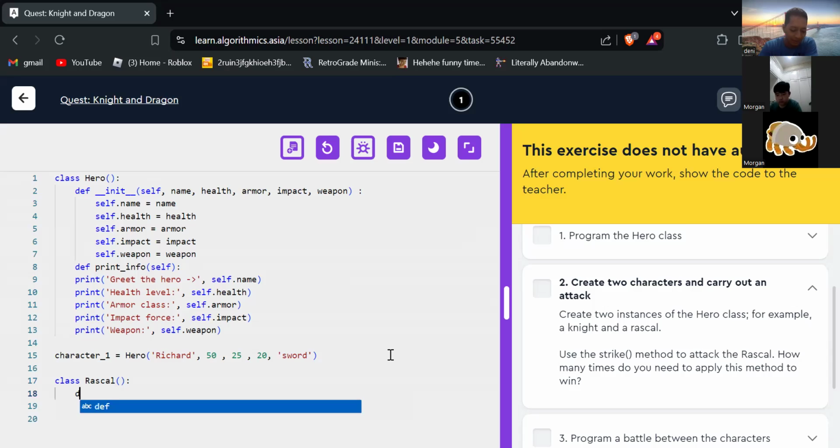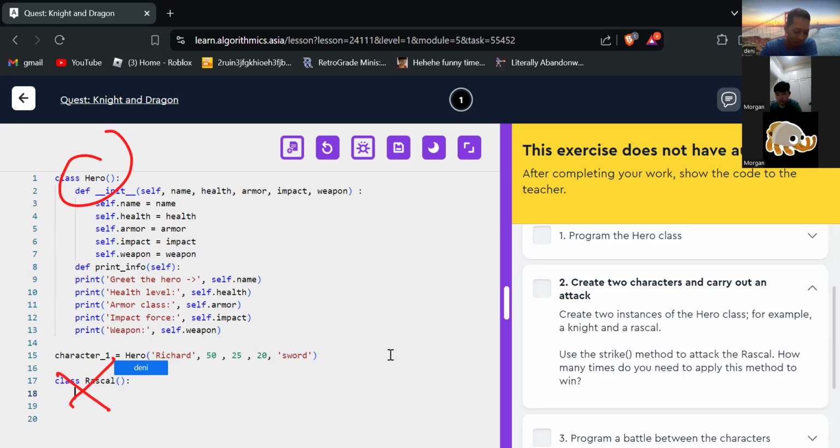For the second character, we still use the hero class again. So you don't need to create the class again.